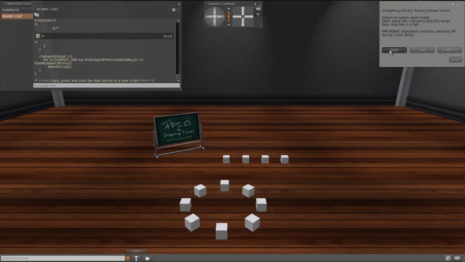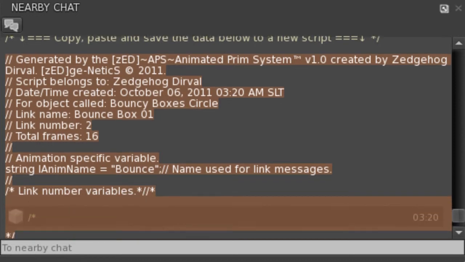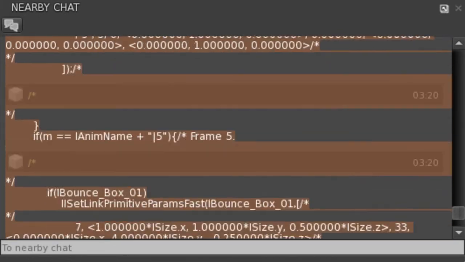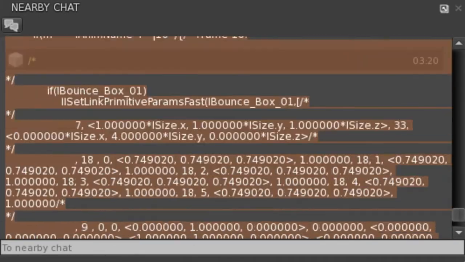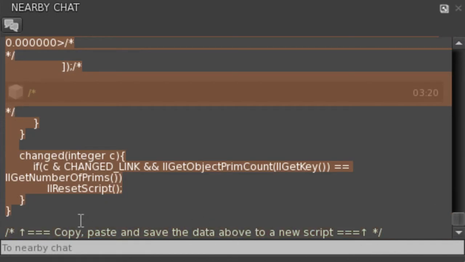And then I can say start, get my mouse cursor in there. 10 seconds go by, hold it down, and then it will start to generate the script, highlighting it automatically as it goes down for that link. Okay, and then I can copy that,